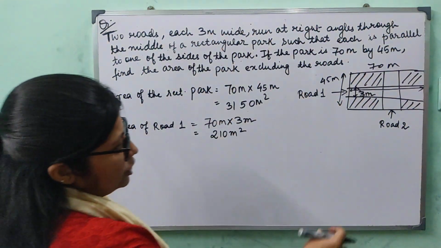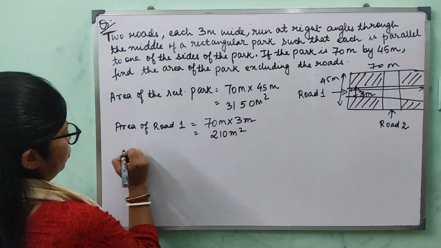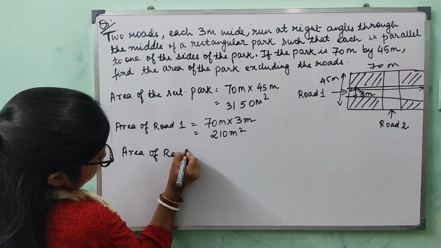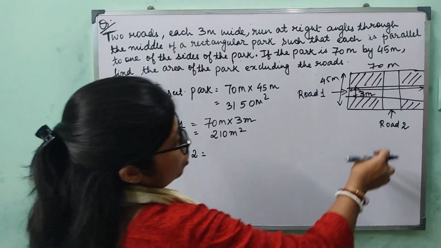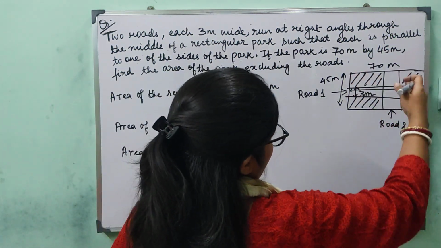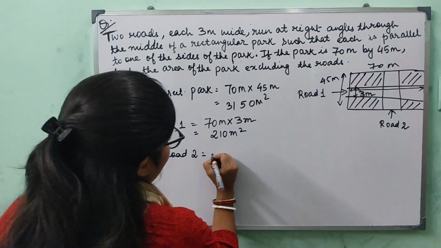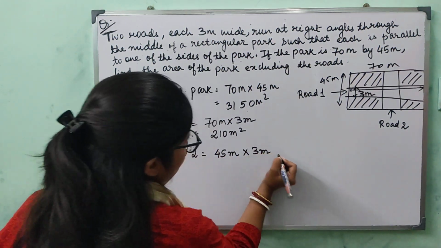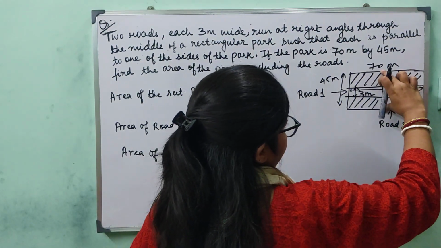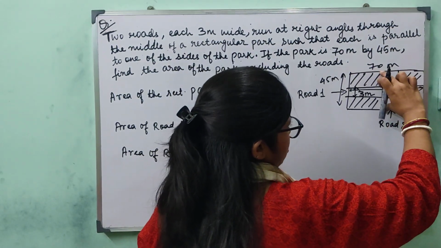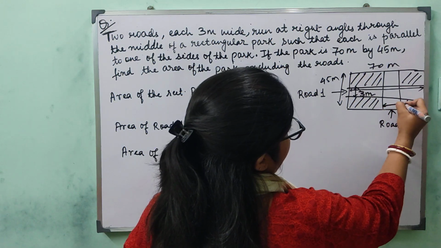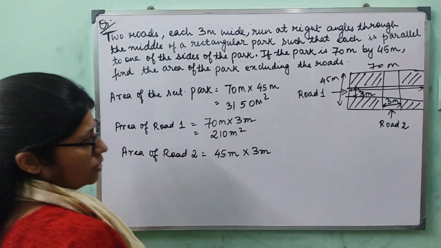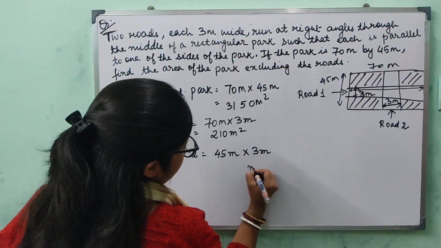In the same way, when I talk about road 2, the area of road 2. Now road 2 is parallel to the breadth. So we can take that to be 45 meter into 3 meter. Why? Because here this is 45. Since this is 45, this is also 45. Now this is also 3 meters wide. So this is 3 meter. So that is equal to